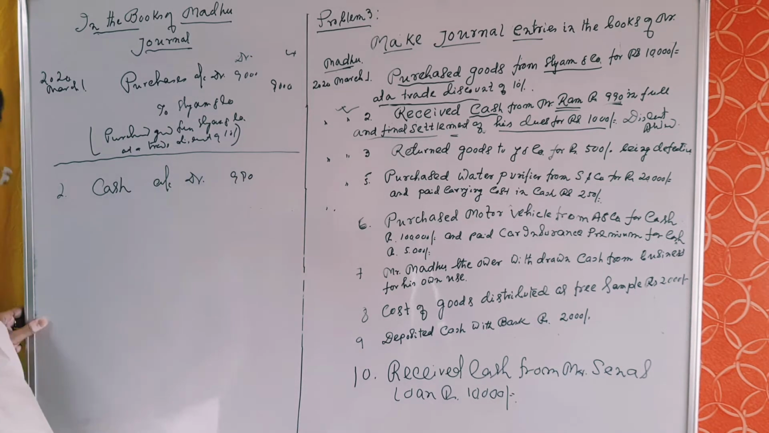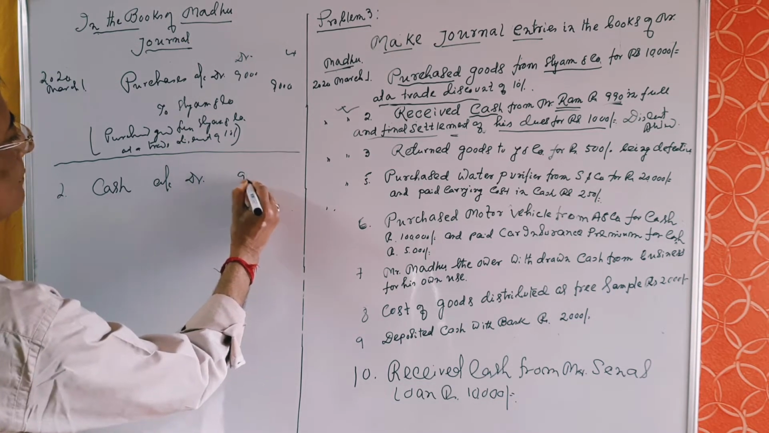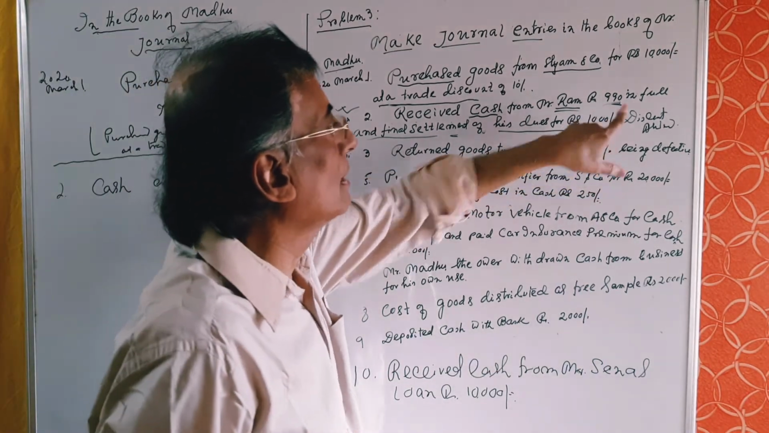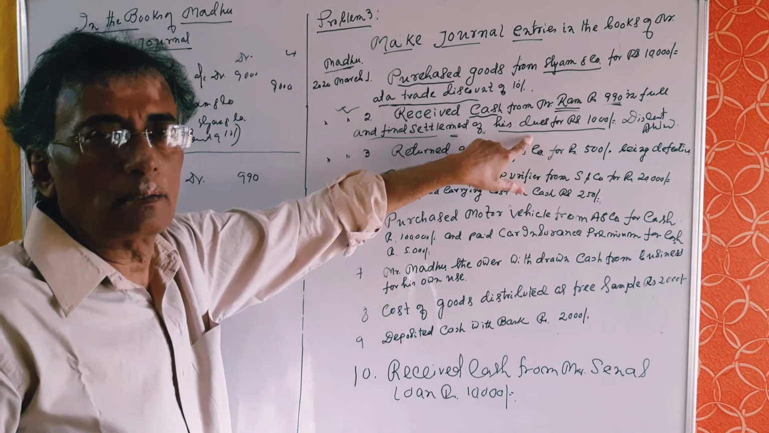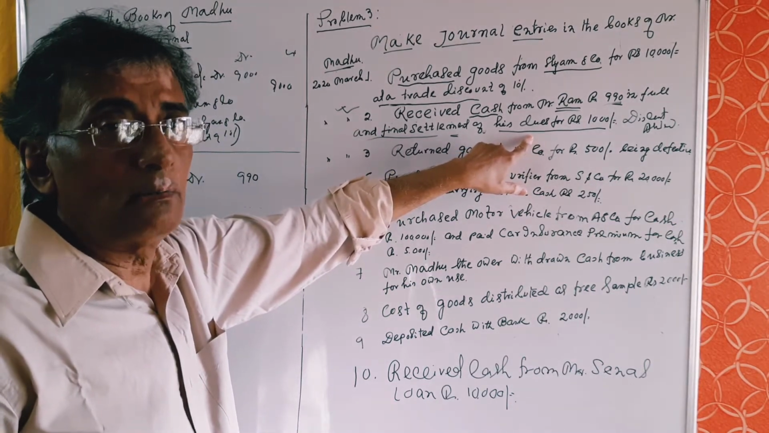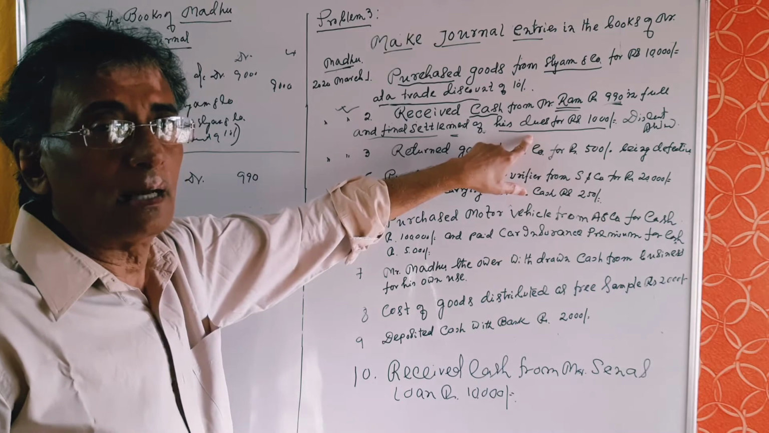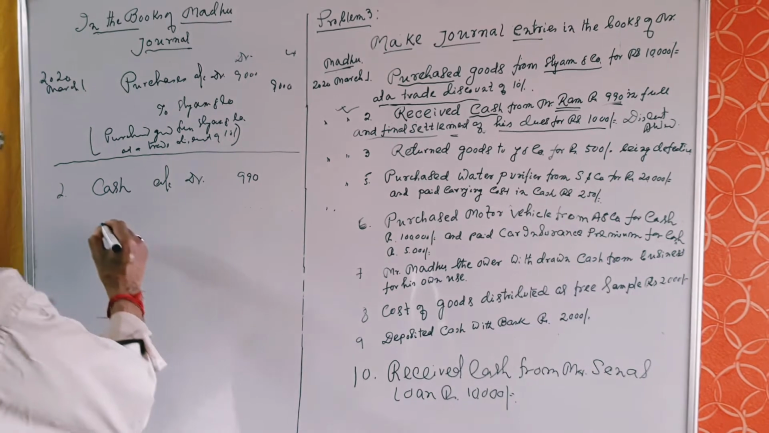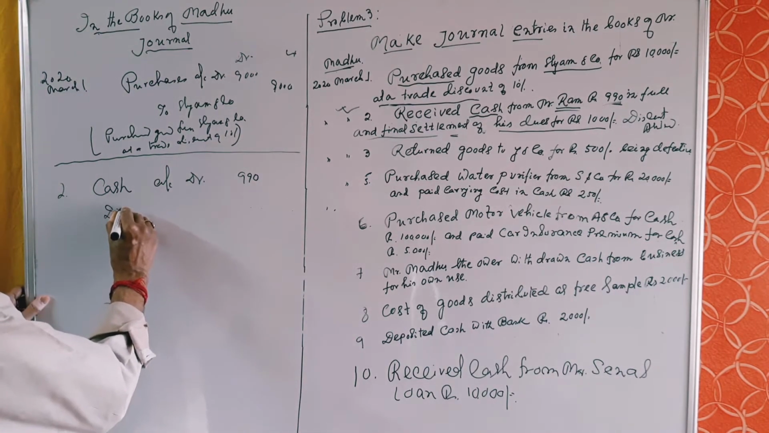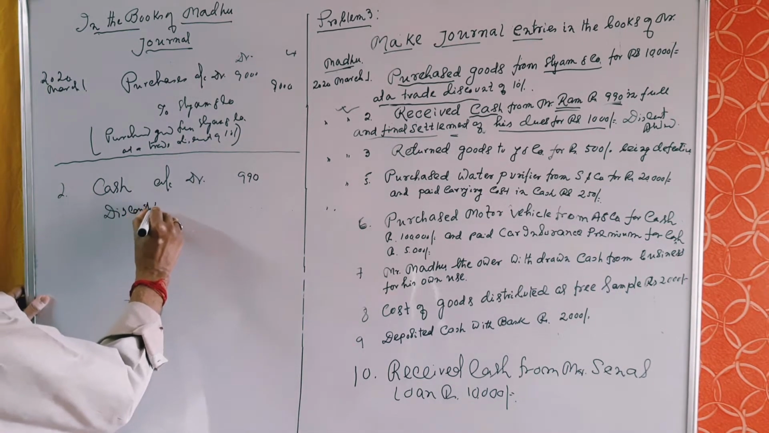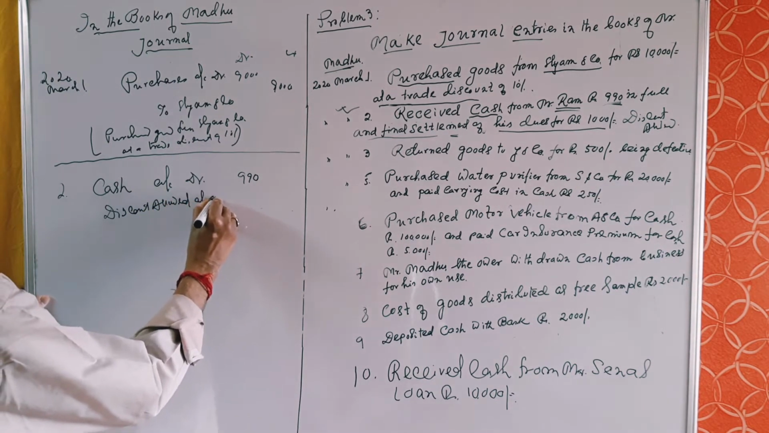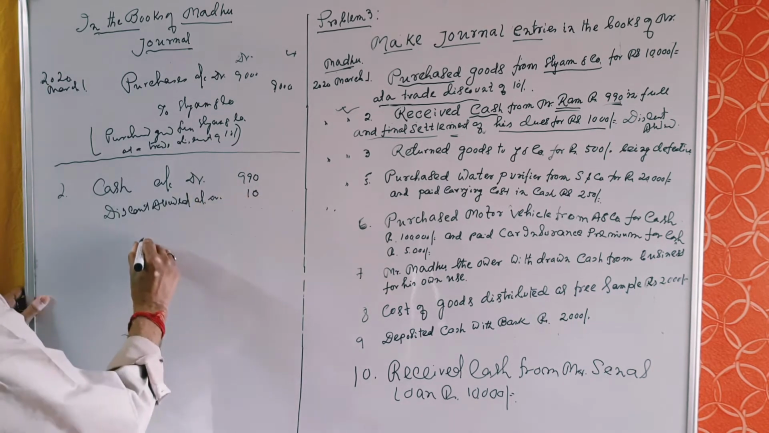990. We are allowing discount of rupees 10 to Mr. Ram. So discount allowed account belongs to nominal account. So rupees 10 is to be debited under the head discount allowed account as per golden rules of nominal account. So discount allowed account debit rupees 10 to